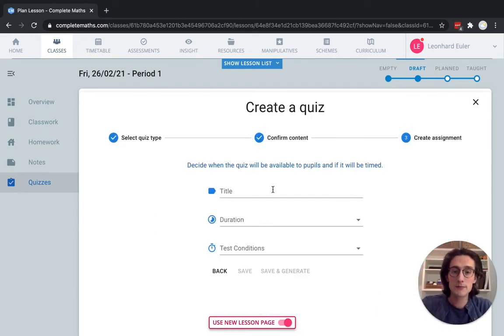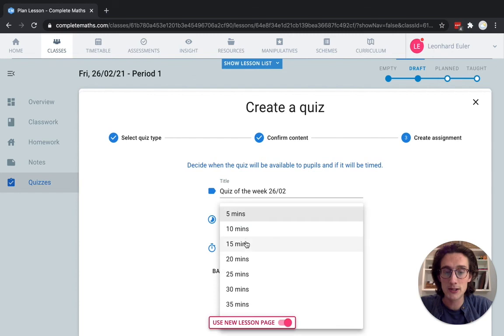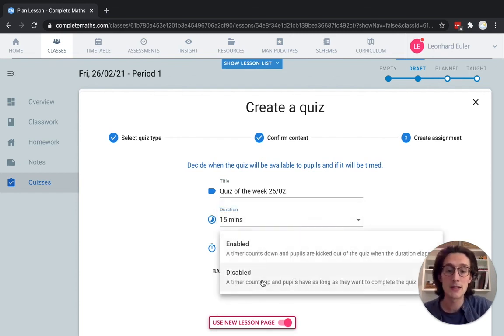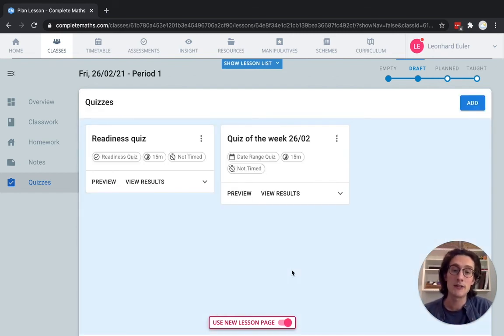Let's confirm that. Let's give it a name and duration, test conditions again, and save and generate that in one go, saving you a little bit of time there. We can preview that quiz, view the results as they come in as well. So that is a really quick